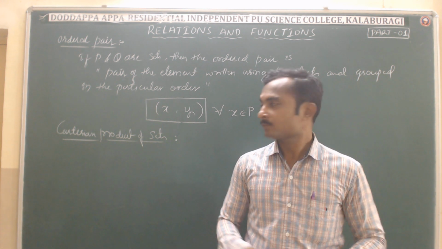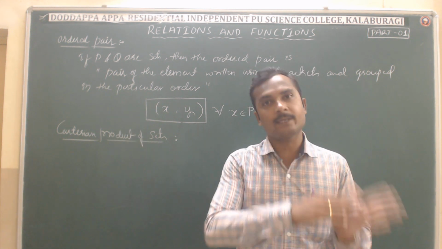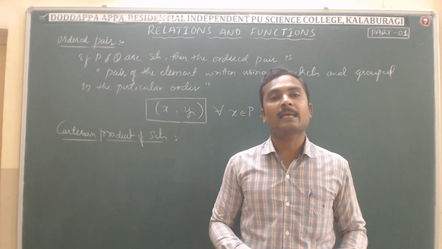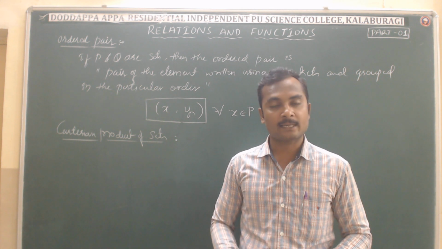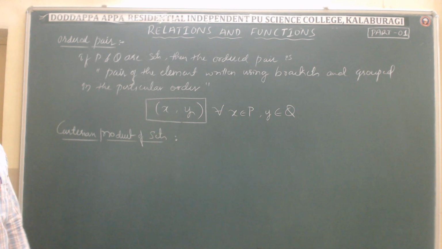That is, if the elements of some set are related by some mathematical condition with the elements of another set, then I can say that there is a product, I can say that Cartesian product. And the Cartesian product of any two sets is given by